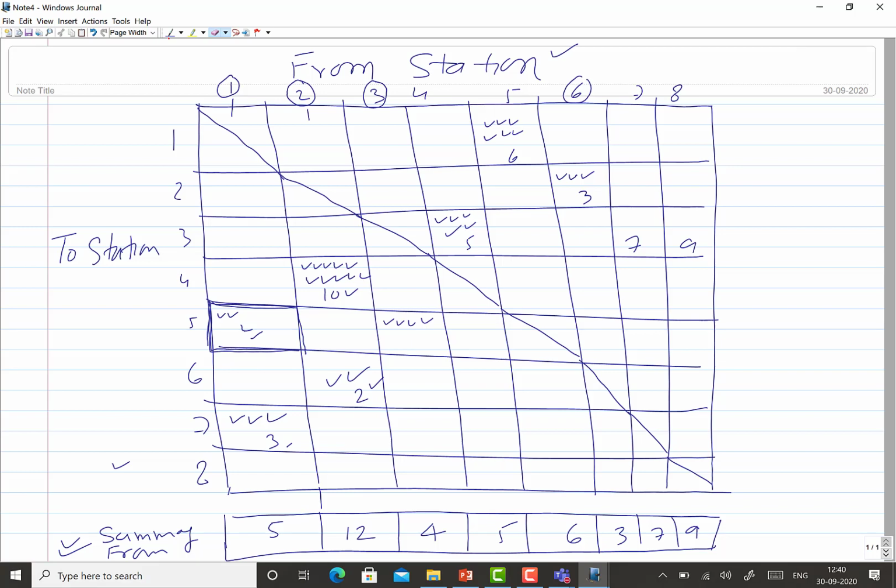So here we will get the summary of the to-stations. So that is what will be mentioned here: the summary of all to-stations. This is just an example.